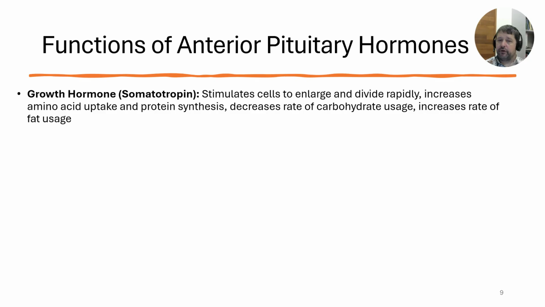All right, so growth hormone in general. It's pretty self-explanatory. If you remember back from maybe an earlier biology class, cells have to go through a cycle called the cell cycle, and that determines if the cell is ready to divide. When it's determined that the cell is large enough, it can divide, and it starts to go through the division. Growth hormones will stimulate that to occur, stimulate that cell to multiply, go through mitosis or meiosis